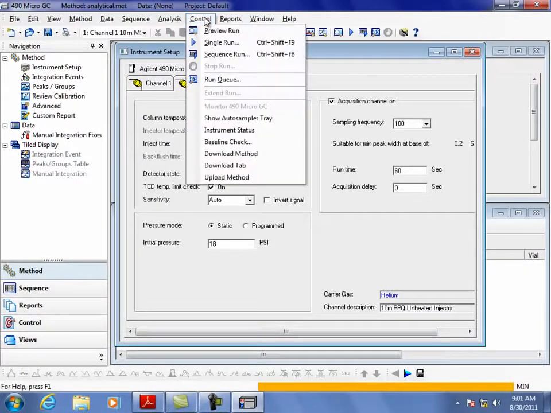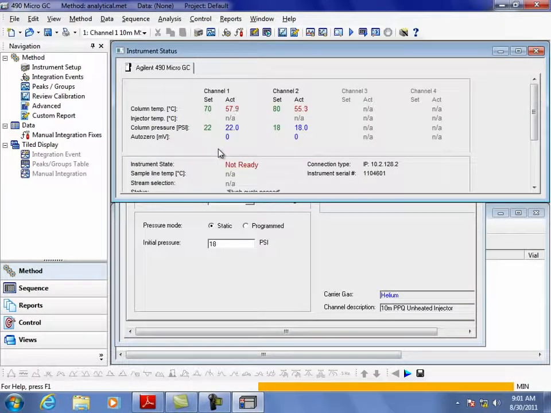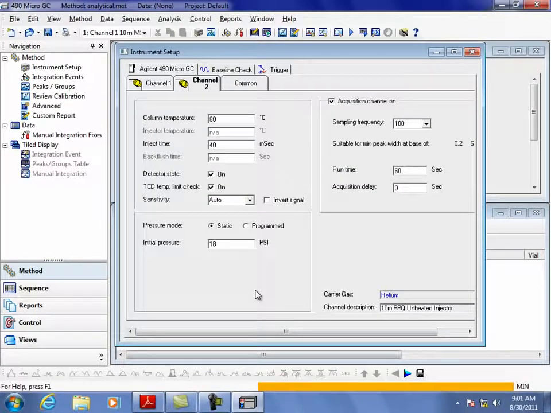Oh. And I know this because I can go to the instrument status and look at it, and now my temp is 70 and we're coming up to it. My temperature is 80 and we're coming up to it. We've already hit the pressure points I need. At the end of this time, everything will turn green and it'll be ready to make an injection. In other words, when